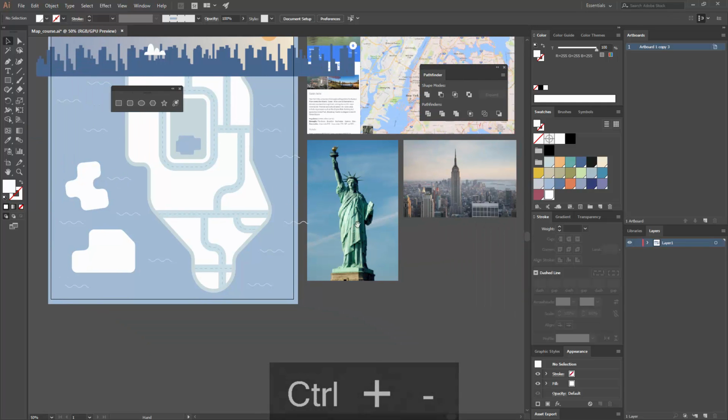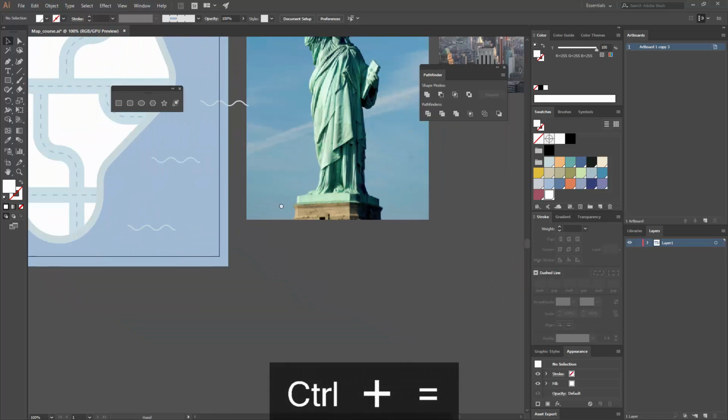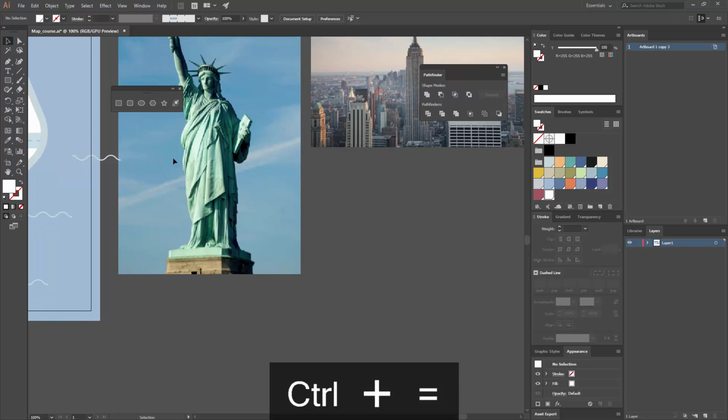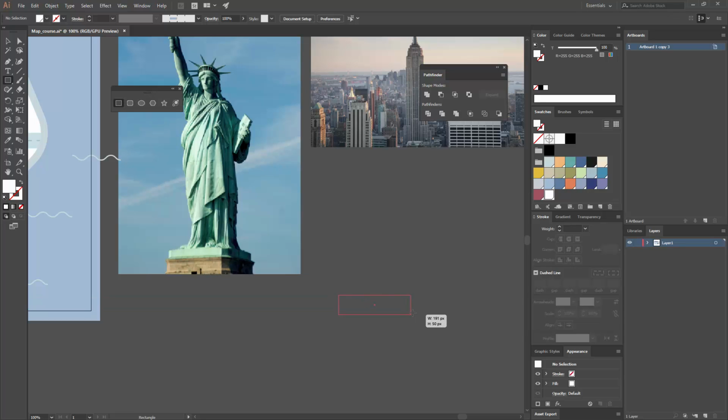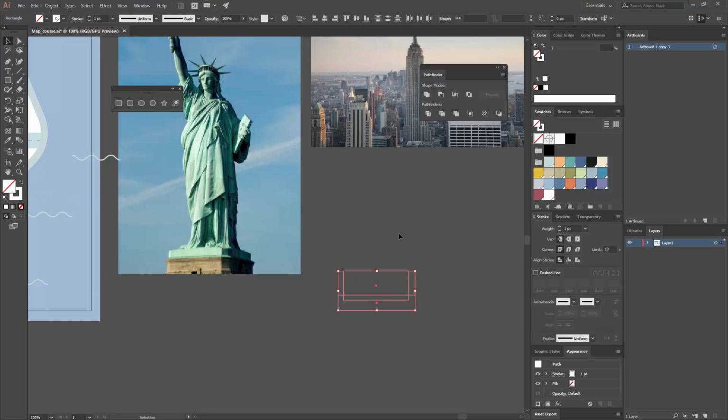Now I'm going to begin working on the Statue of Liberty. And if you remember, I had already selected my reference, so I can see that this has a place that is going to be a base. So I'm going to select my rectangle tool and make a base for my Statue of Liberty. And sometimes I think it's better, I'm going to select both of these to just swap, so you can see this as an outline to see if this is working. And then I'm going to select both shapes and make sure that I'm aligning to my selection by clicking here. And then I'm going to horizontal align to make sure that